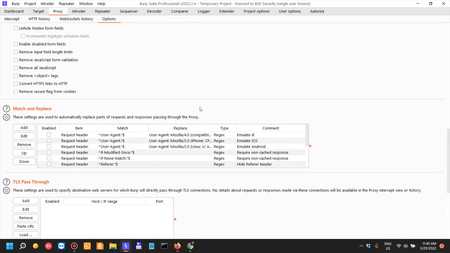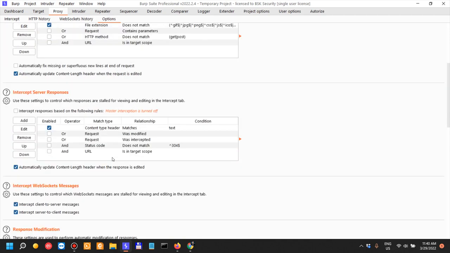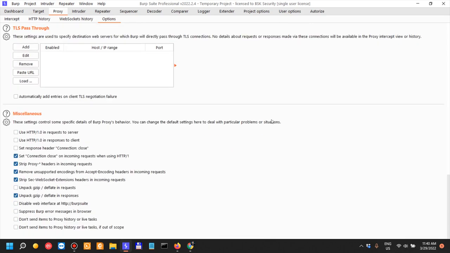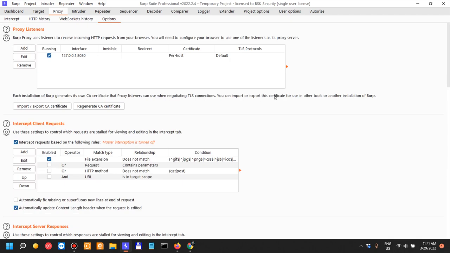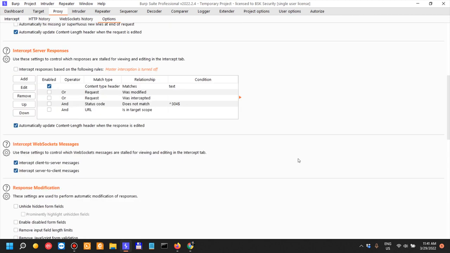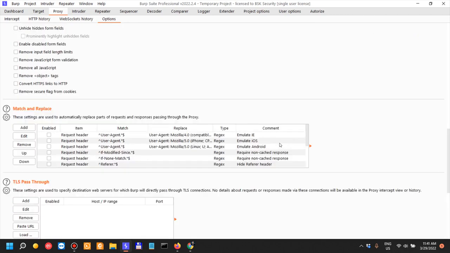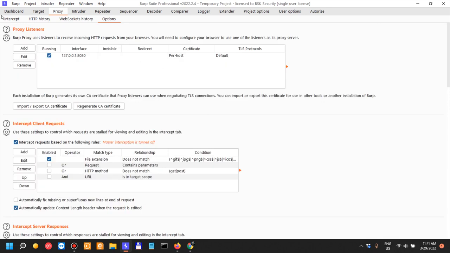There's also over here, I believe, in the Intercept response, I'm not actually really sure. It's actually saved in the projects that I'm working with, which I don't want to open because there are some private issues there that I do not want to share. So I have saved configurations for the Intercept, saved configurations for TLS pass-through, and that actually gives me very clean traffic